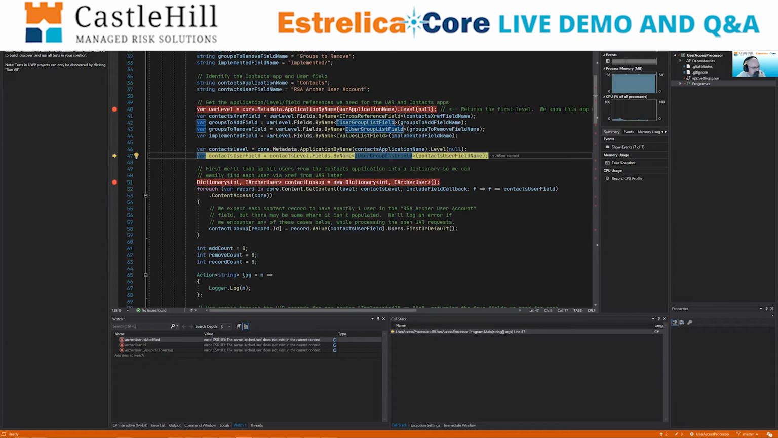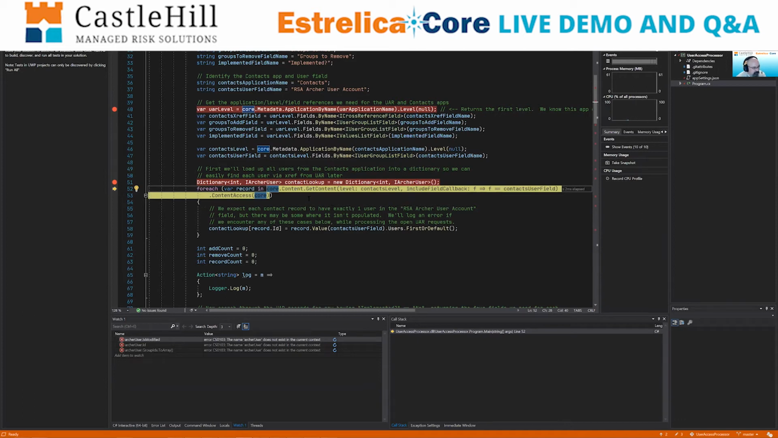Then what we're doing here, same thing for the contacts application, looking for that field that contains the user that will actually need the update. And then I'm just going to cache those. The contacts application is pretty small, so I'm just going to call into that search to search the contacts level and only return the single field that I care about, that user field. And then I'm going to, for each of those records,